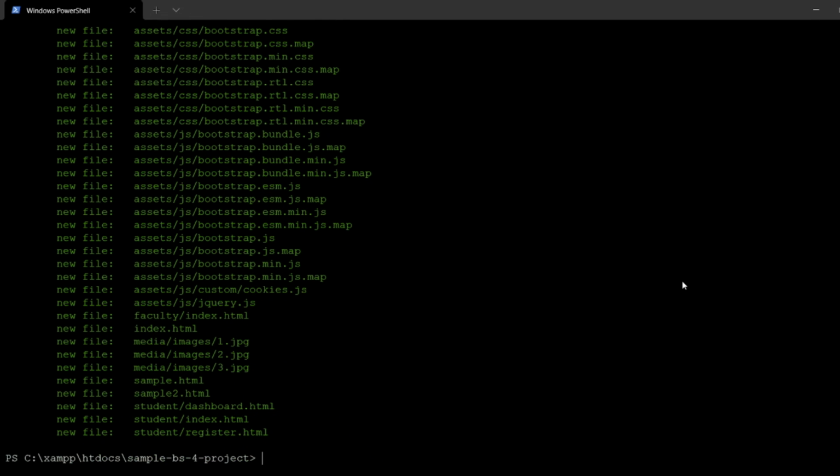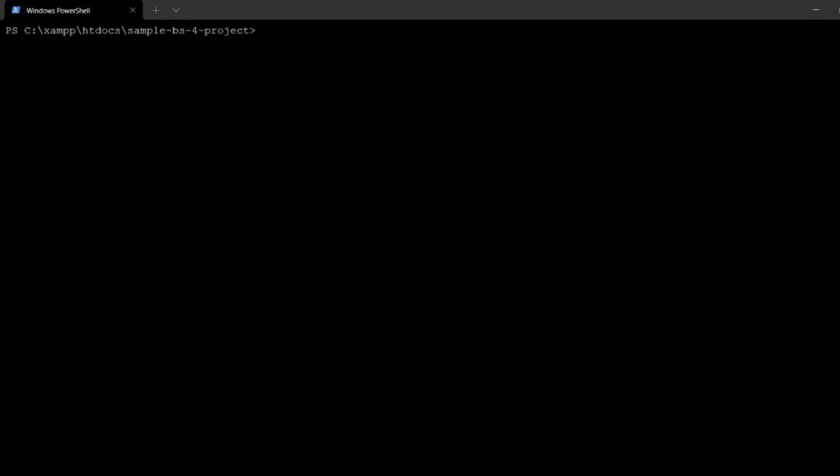I don't have to worry about anything at all. What I'll do is I'll ask git to commit the changes. Here you have to write git commit, then message, followed by your commit message, which is very important.